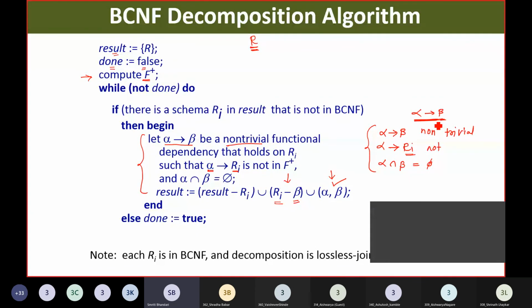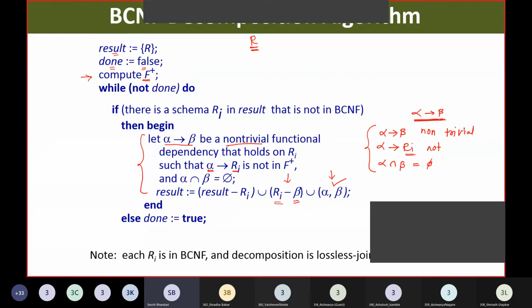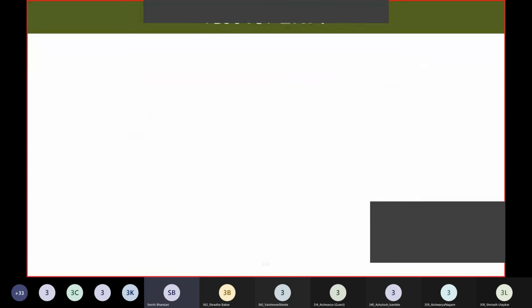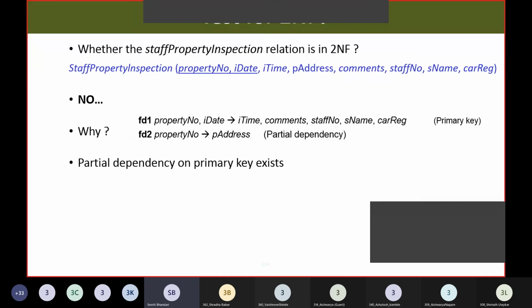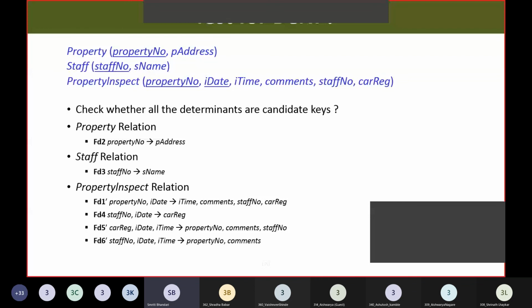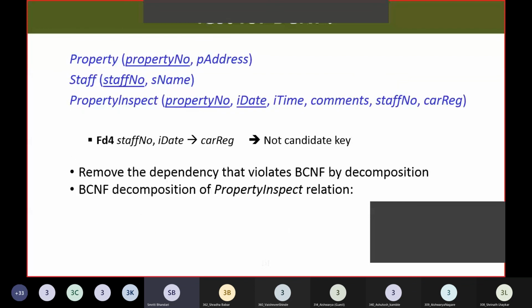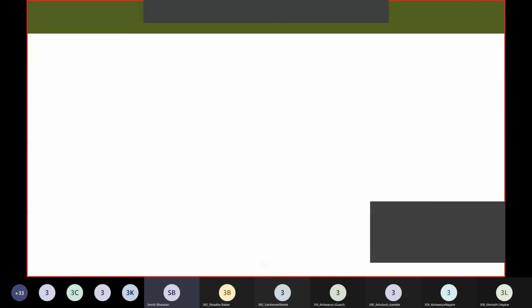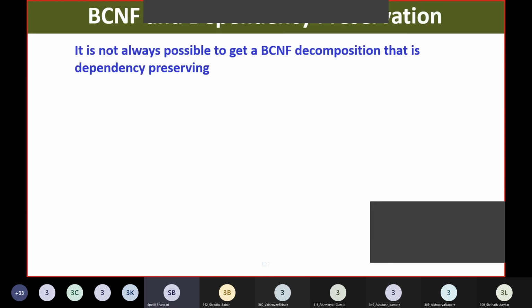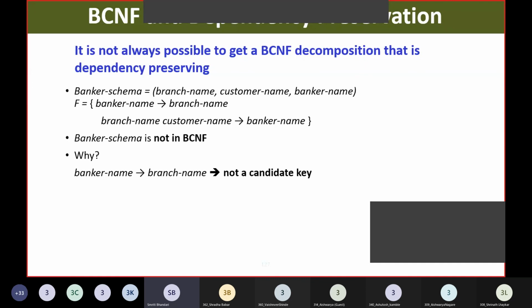So I would suggest you go through this algorithm once again and try to implement it practically. Now, we were going to discuss one more case study, but right now I'm skipping the discussion of that case study. I'll post it for you later so that you can go through it. Okay, but now